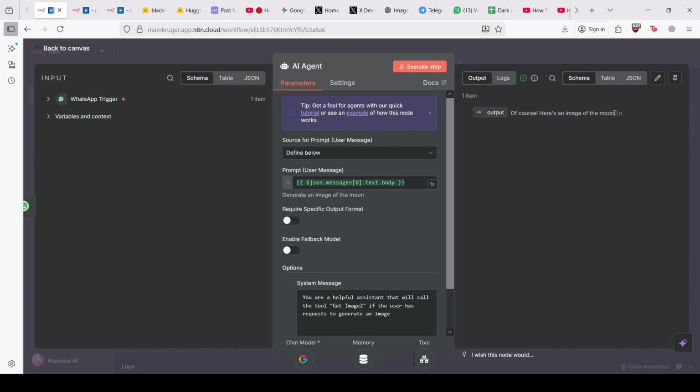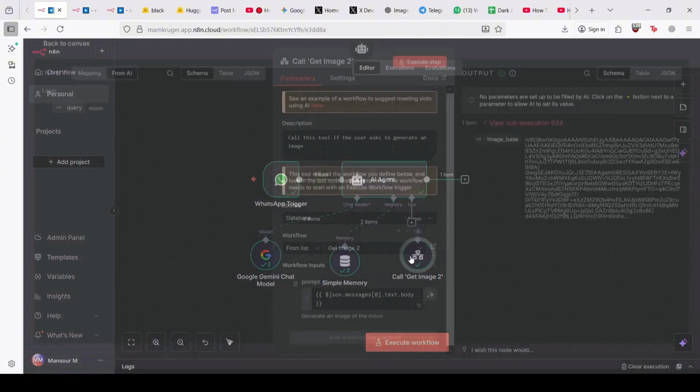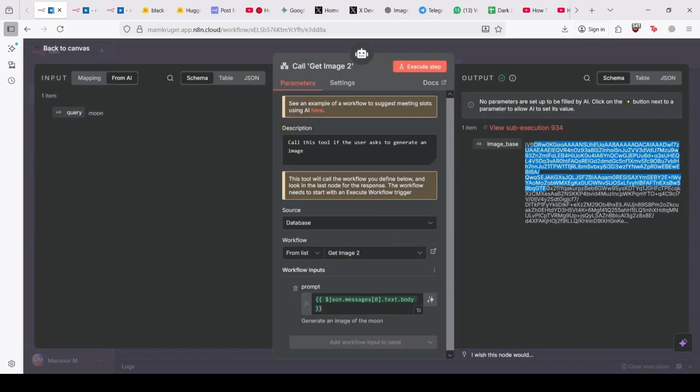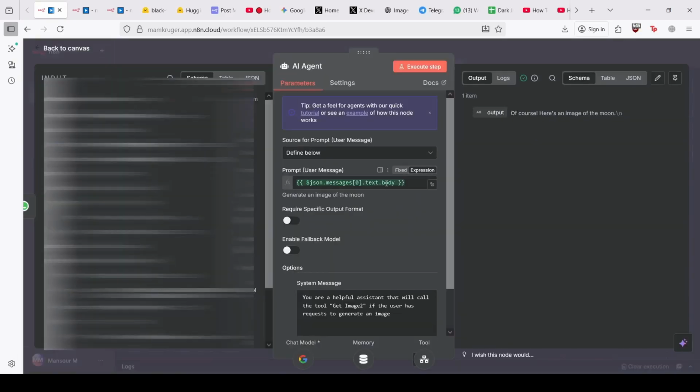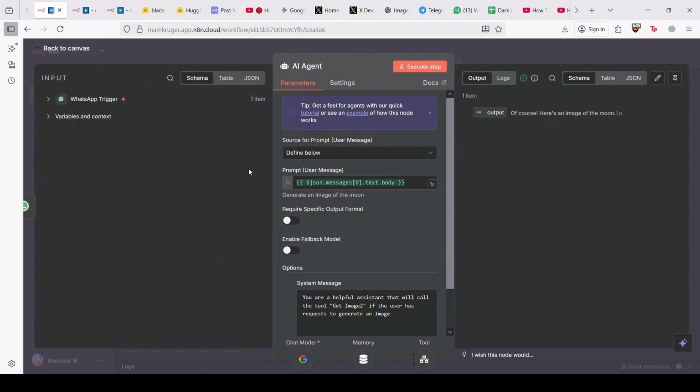So it said, of course, here's an image of the moon, but it didn't give the image because we're passing a base64 string like I showed you in the last workflow. But we don't have the base64 string. If we go to this get image tool, see it's over here, but it's not passing it to the AI agent. Now I don't know if there's another way to do this, but what I did was